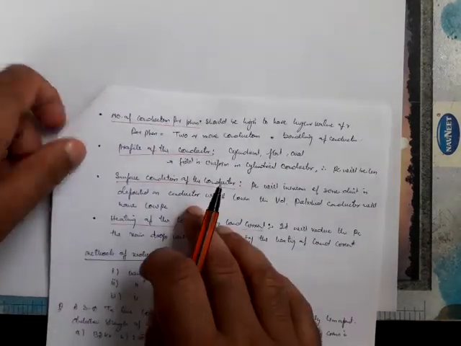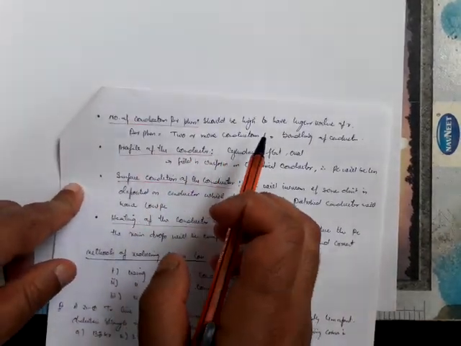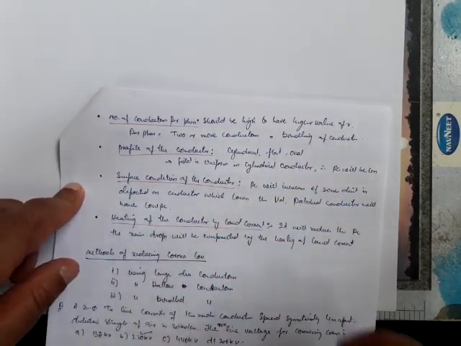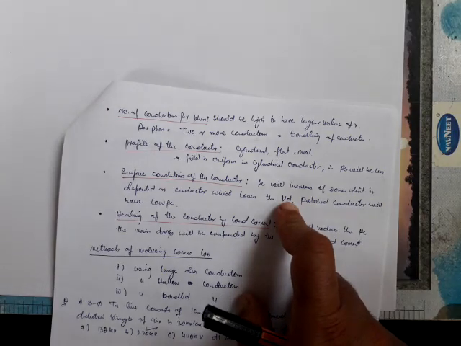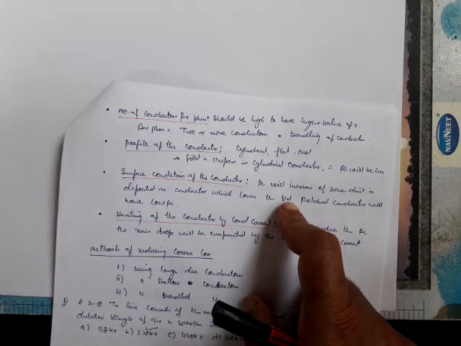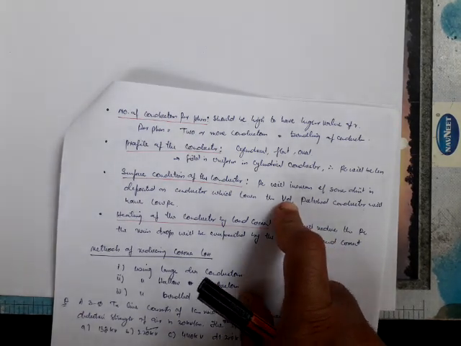So next, the number of conductors per phase should be high to have a higher value of R, and we have seen that if R increases, corona loss will decrease. So we have to increase the number of conductors. By using bundle conductors of 2 or more conductors per phase, we can increase R and hence decrease the value of this.